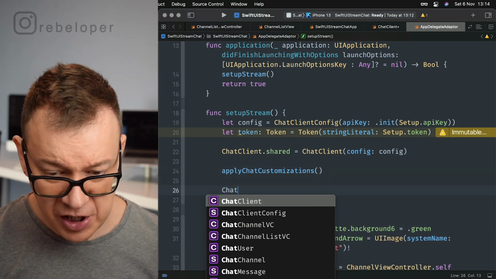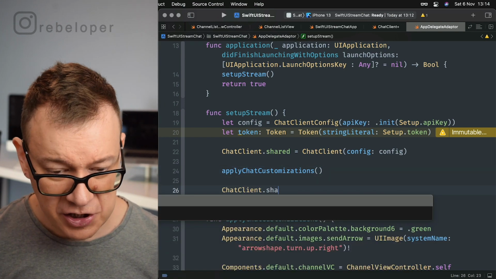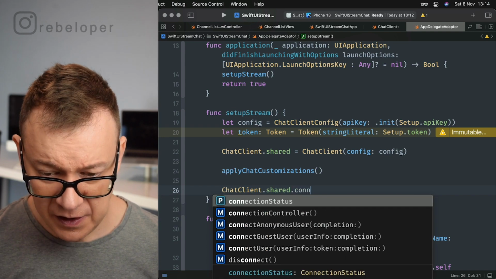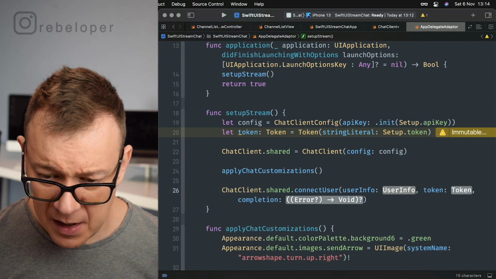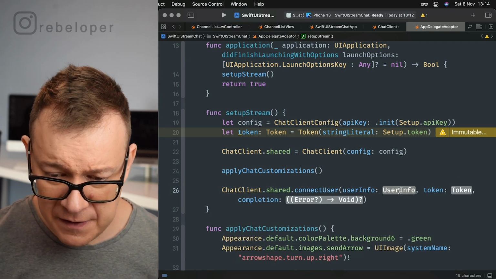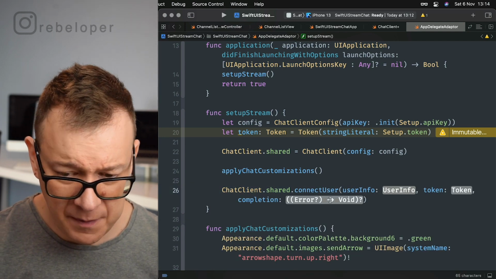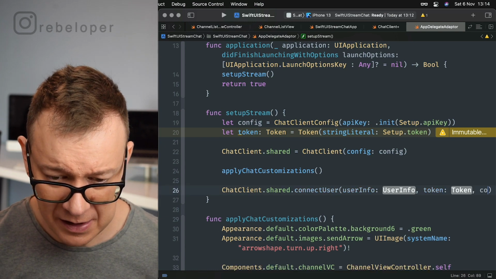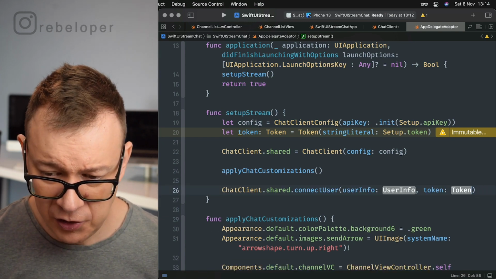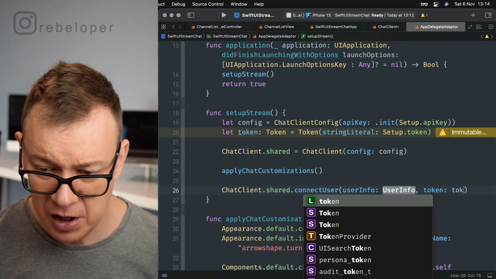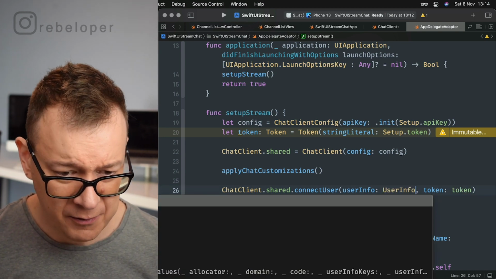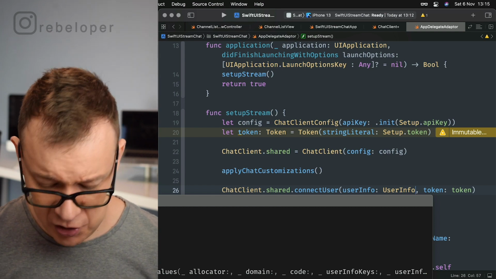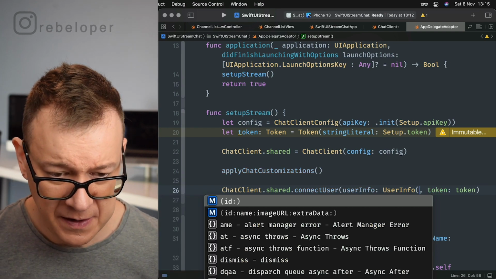So ChatClient.shared.connectUser. Okay, and the user info, I don't really care about the completion, so let's just remove that.